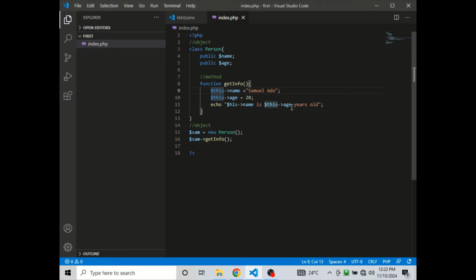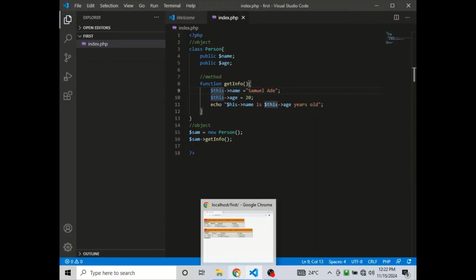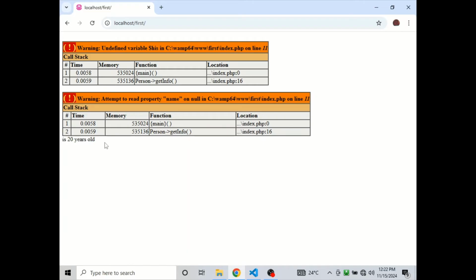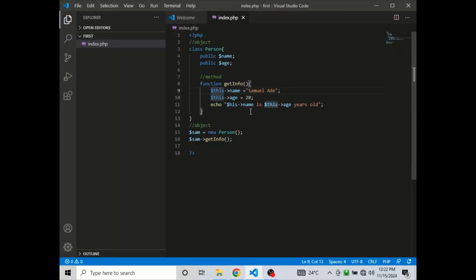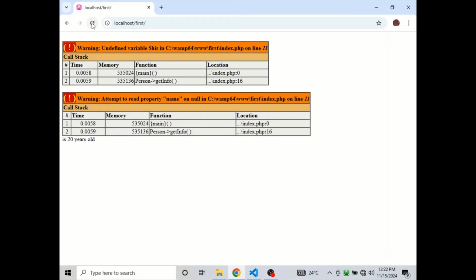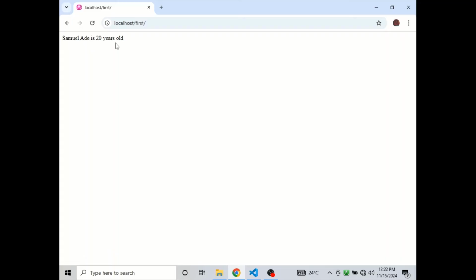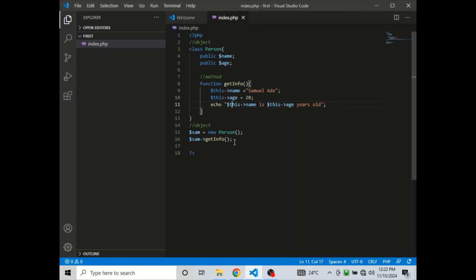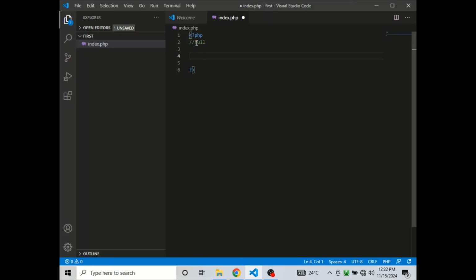I'll be explaining this later, but you need to know the basics of the PHP data types. So we have an error here, which is line 11. So let's go to line 11 and add a T to that, and this should work properly. Yes, you can see Samuel Ade. So that's all for objects. Now I'm going to explain the null data type. We all know what a null data